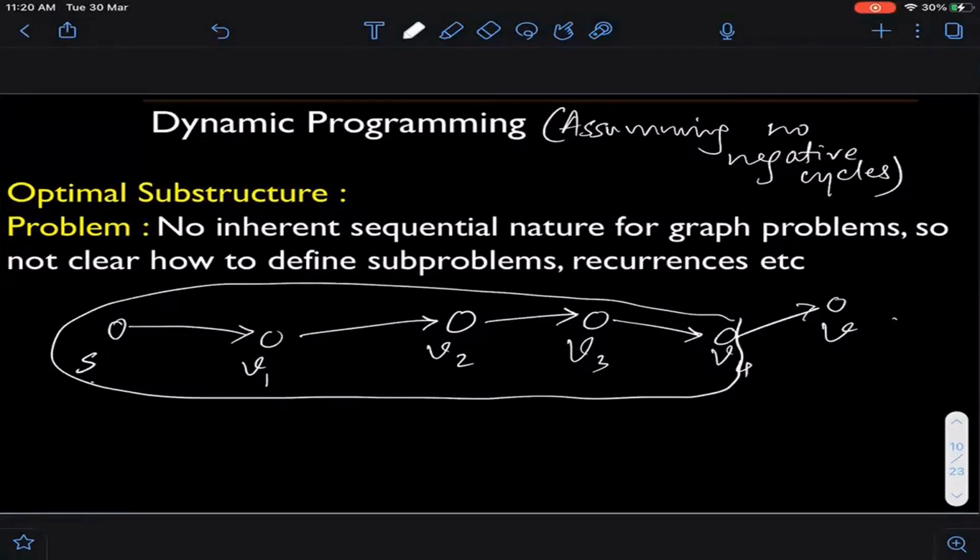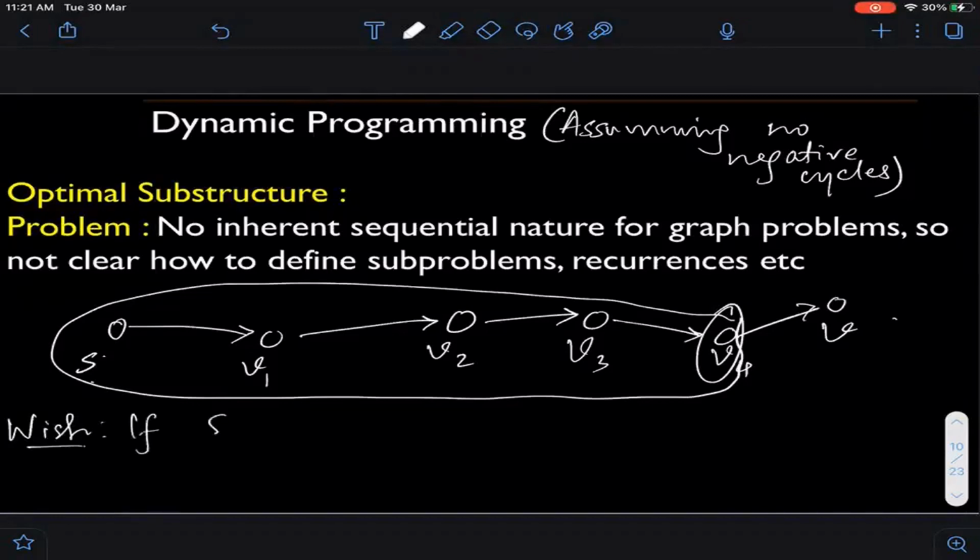That is what we should wish for. Well, because that's a clearly very nice optimal substructure property. I don't know whether it's true or not, but all I'm saying is that is what you should wish for. कि अगर आपने लास्ट वाला जो एज है वो हटा दिया, तो ये जो पेनल्टीमेट वर्टेक्स है, तो बाकी जो पाथ है, this should form an optimal solution to the problem of finding a shortest path from S to V4. ठीक है, सबको क्लियर हो गया ये? So this is how your intuition should work.